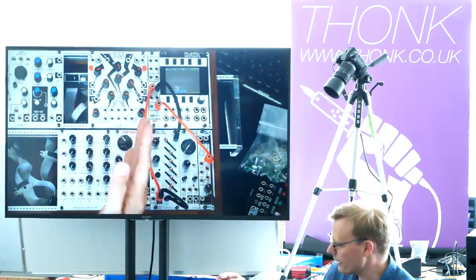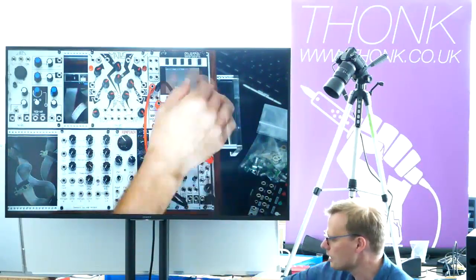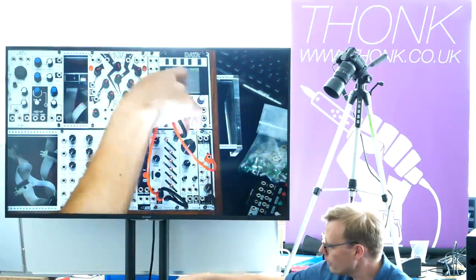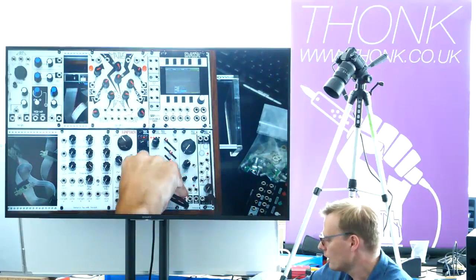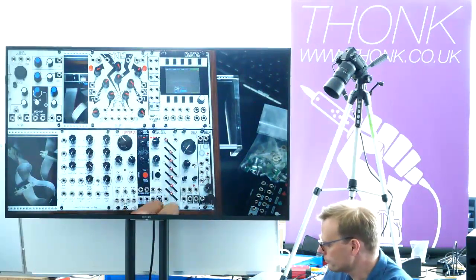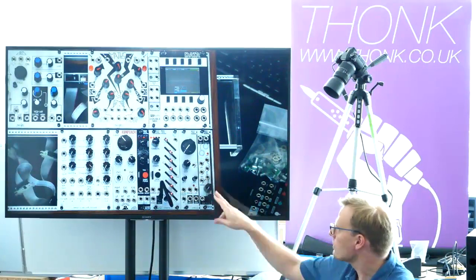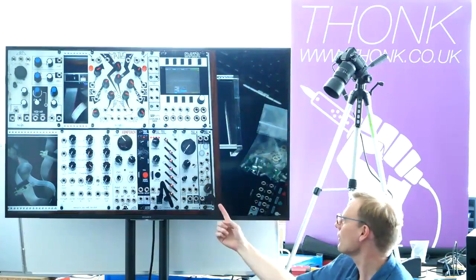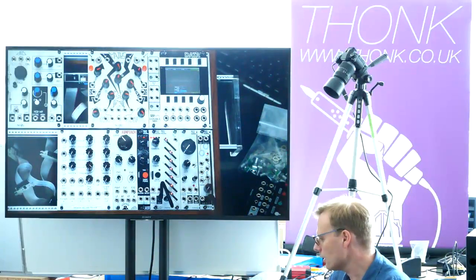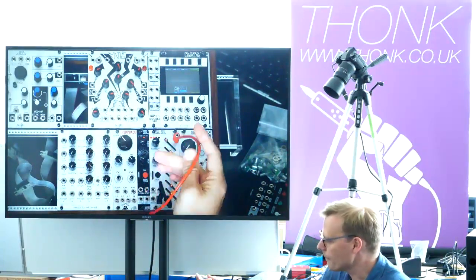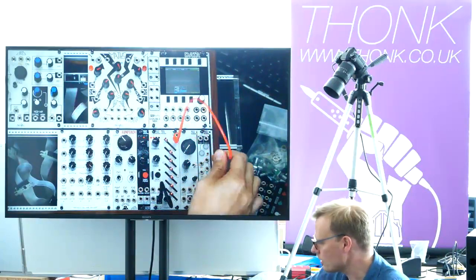So that's just quite a useful tool in itself for just separating out what you've got from doing that. The other thing you can do with that same principle is, instead of plugging into a mixer, you take a signal in, then this module here is a stereo output module. So if we take the output to here,